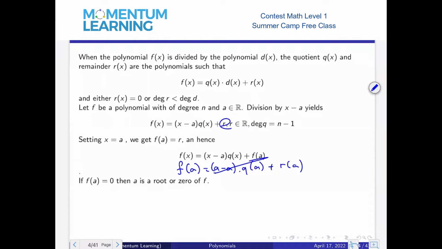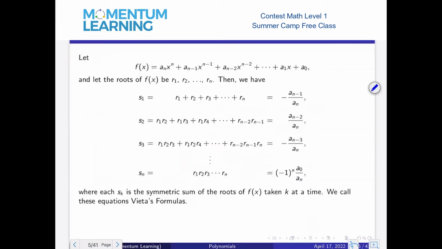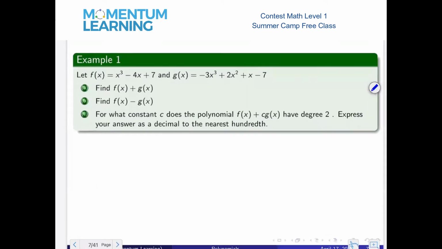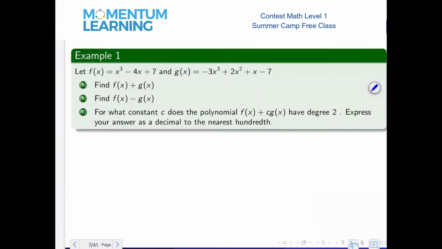So f of a is equal to r of a. But remember, this is a linear, so this is simply just a constant, right? That will give us a constant. I hope it makes sense. We're going to come back to this when we talk about the roots. We're going to talk about the Vieta's formulas, but first let's cover this,